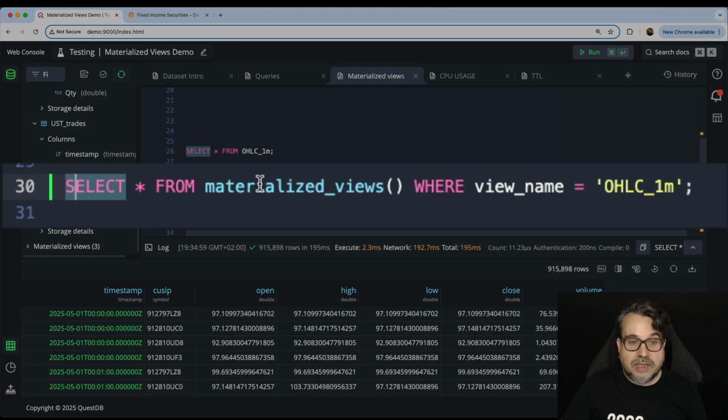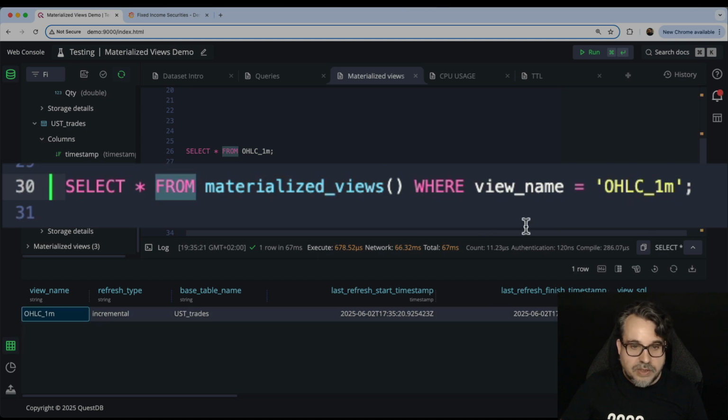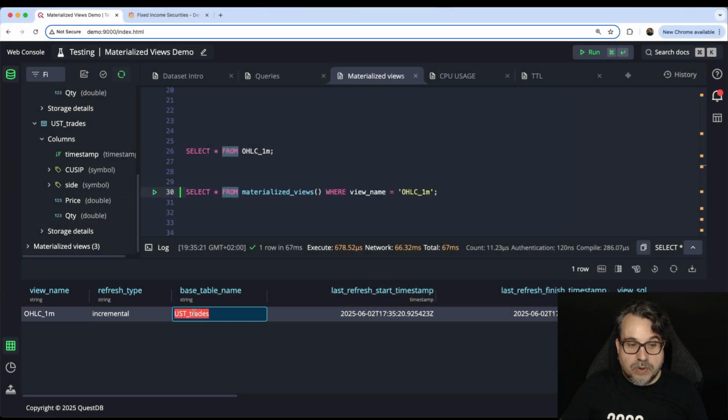If I check, we have a new function in QuestDB, which is called materialized views, where you can see the metadata from your materialized views. And I can see here, if I check my view, the one I just created, the base table is the trades table. And this means every time there is new data, a new transaction on the trades table, automatically the view is going to be refreshed.